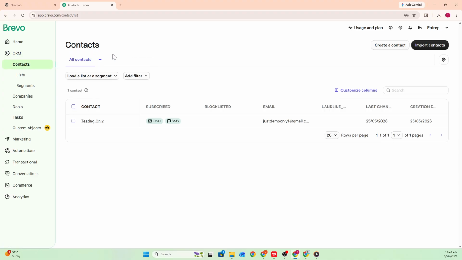After selecting Contacts, wait a moment for the Contacts page to fully load. Once the page appears, you will see the list of contacts connected to your Brevo account displayed on the screen. Continue reviewing the available contact records until you find the contact you want to export. When you locate the correct contact, click on it so the contact becomes selected before moving to the next part